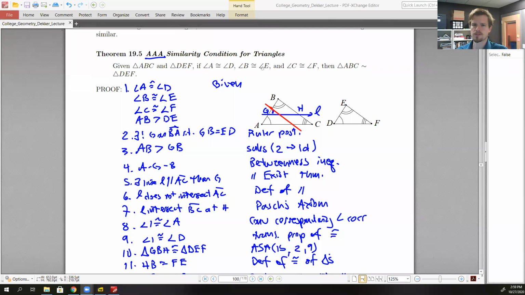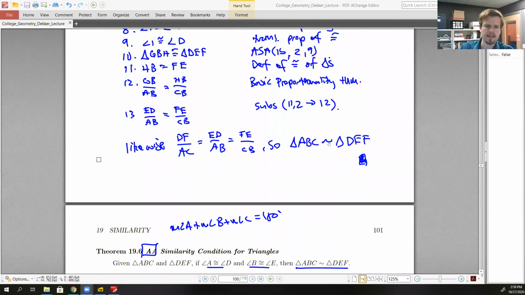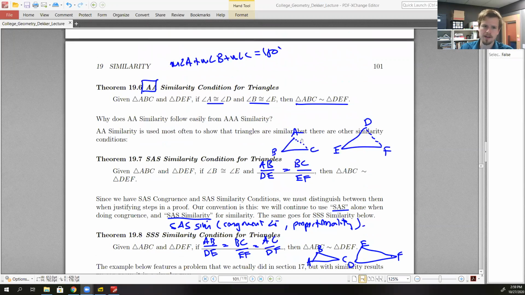Welcome back to geometry for one more video on section 19, similarity. In the last video, we took a look at some theorems for similarity of triangles, right? Conditions for similarity. So we took a look at angle, angle, angle, which we proved using the basic proportionality theorem. And then we followed that up with making a comment that we can have angle, angle, which would give us similarity because as soon as we know two of the three angles, we in fact know the third angle in